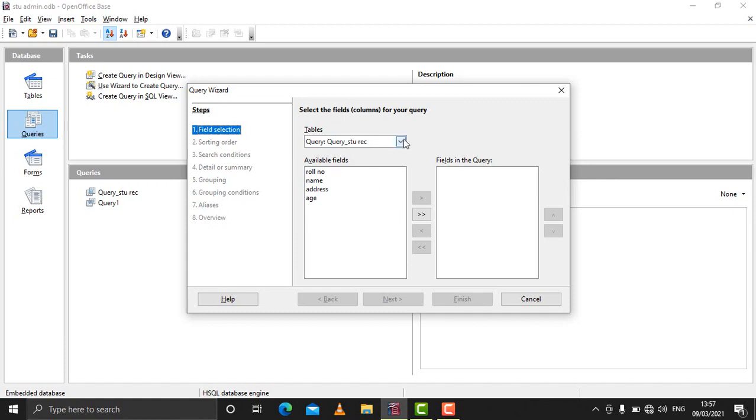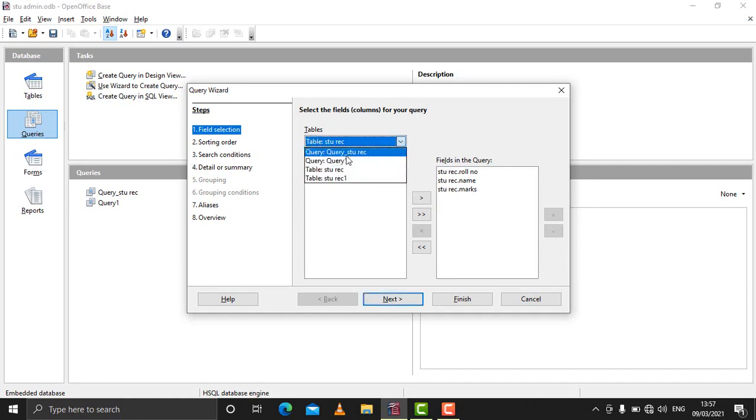Here you have to take the table or the query from where you want the fields. Suppose I want table STURAC, so I want roll number, name and marks. So it comes here: roll number, name, and I want marks from here. So these are the fields from STURAC.